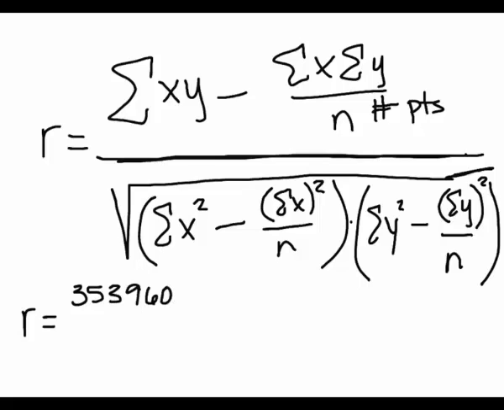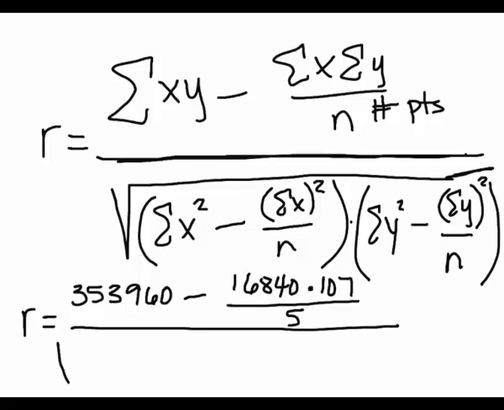353,960 minus the sum of x, which is 16840, times the sum of y, which is 107, all divided by the number of points. And we had cars A, B, C, D, and E, so 1, 2, 3, 4, 5, all over the square root of the sum of x squared. This is a huge number,